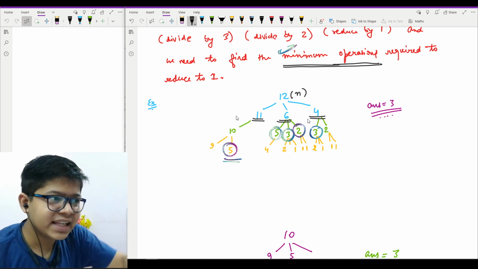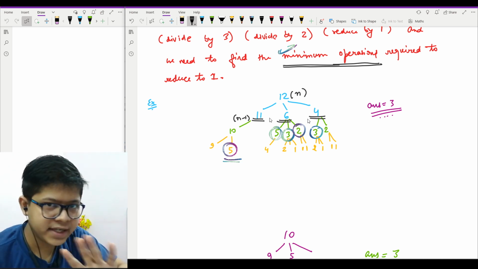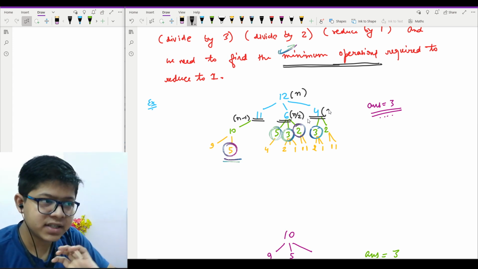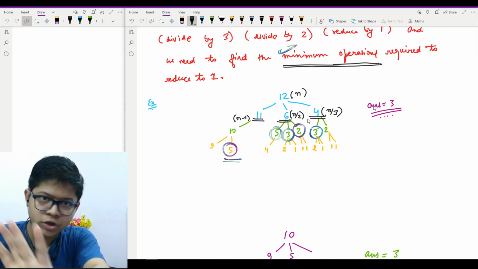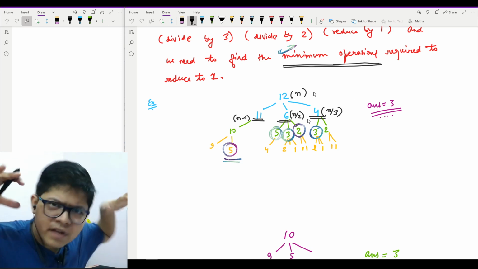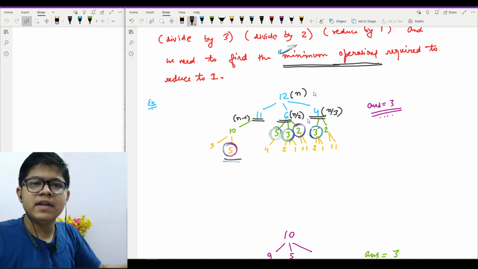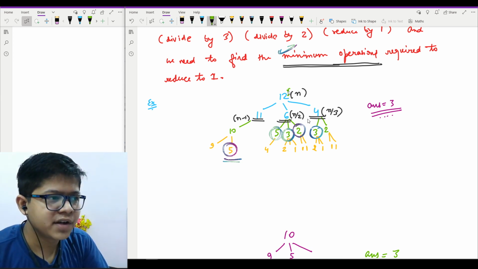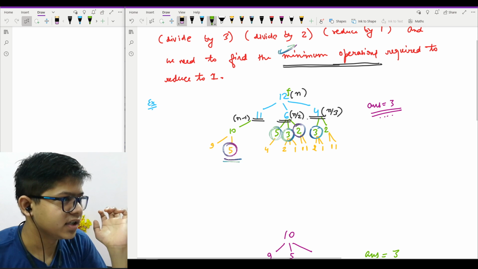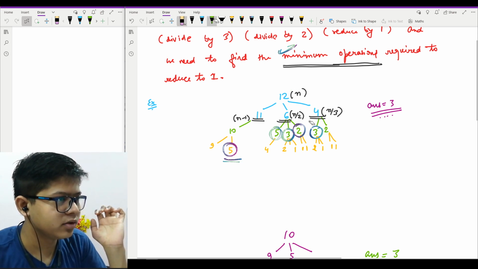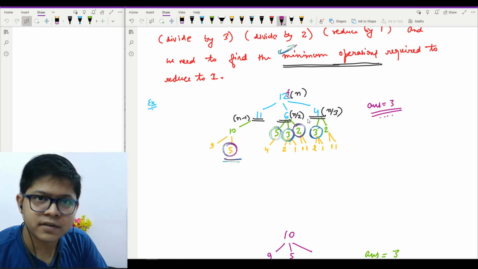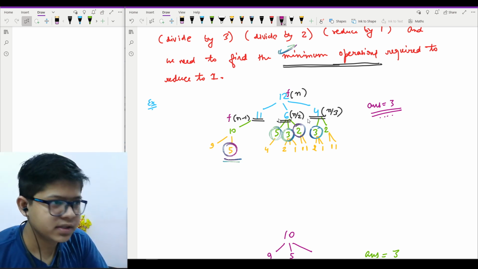So what is this number? N minus 1, right? What is this number? N by 2, right? What is this number? N by 3, right? Pretty sure we're fine. Now I will not go into the whole depth. I will never go into the whole depth. I will name this as, suppose, a function f, right? Let me change the color because green is already here. So I will name it as f. It is f of n minus 1. It is f of n by 2. It is f of n by 3.